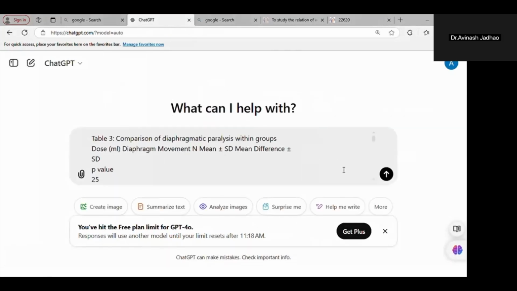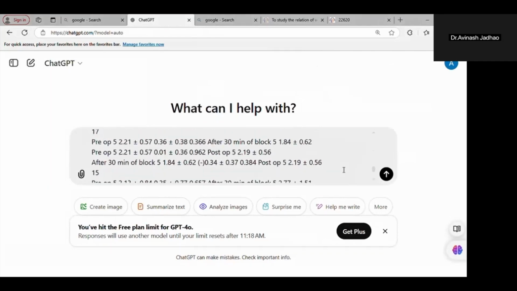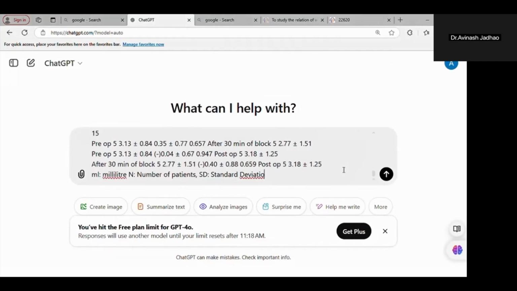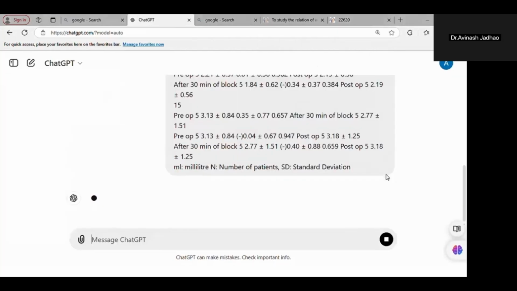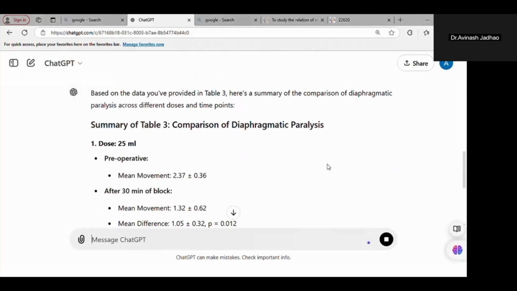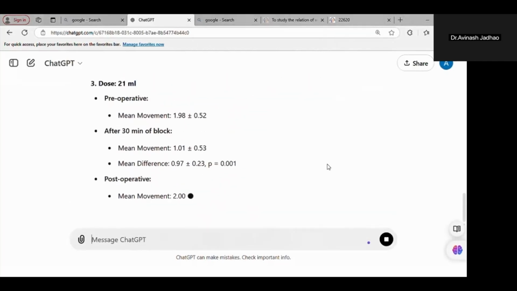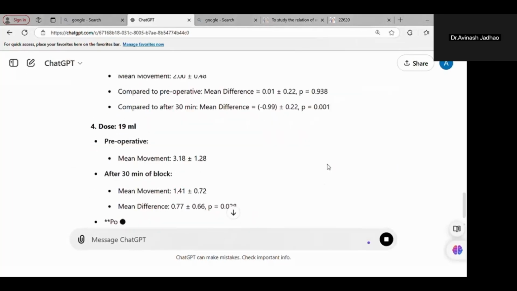The result is copied here. So here ChatGPT will write everything according to your demand.